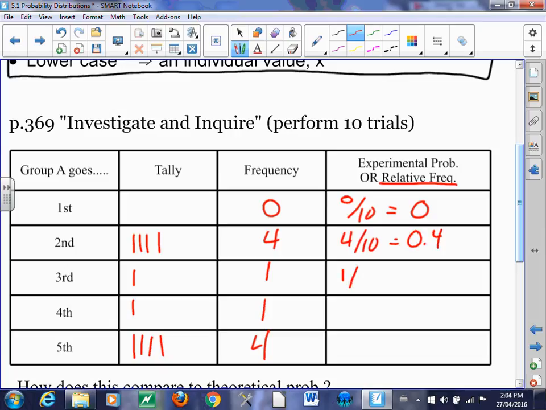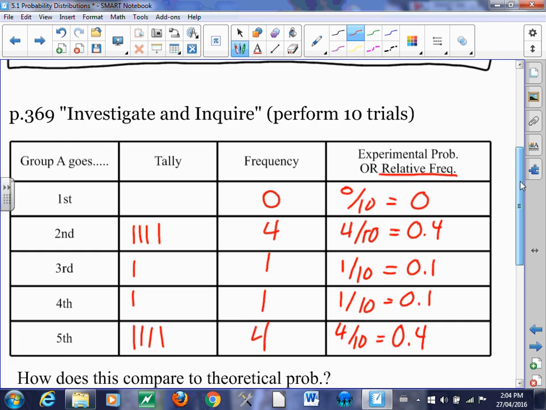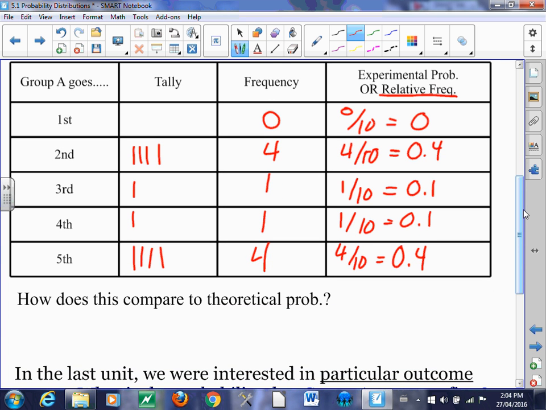Group 3 got 1 out of 10, which equals 0.1. Same with the fourth group. And then the fifth group got 4 out of 10, 0.4. Okay? So now let's take a look at how does this compare to theoretical probability, because this is experimental,